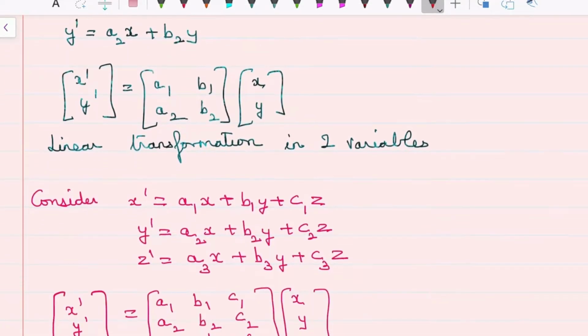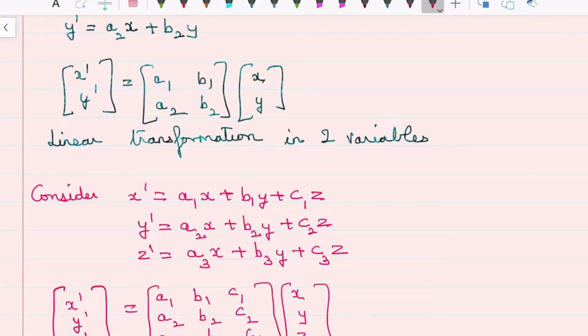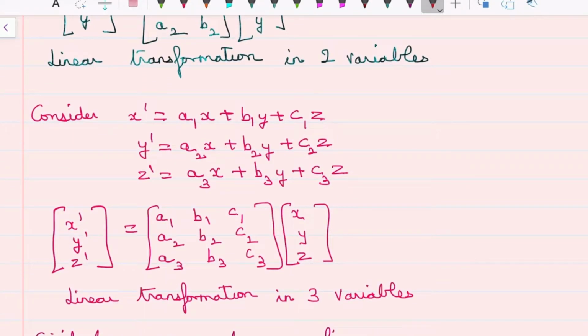Again, if we consider x' equal to a1x plus b1y plus c1z, y' equal to a2x plus b2y plus c2z, z' equal to a3x plus b3y plus c3z, in matrix form we can write it as [x' y' z'] equal to the matrix [a1 b1 c1; a2 b2 c2; a3 b3 c3] multiplied by [x y z]. So this is a linear transformation in three variables, where (x, y, z) is transformed to (x', y', z')